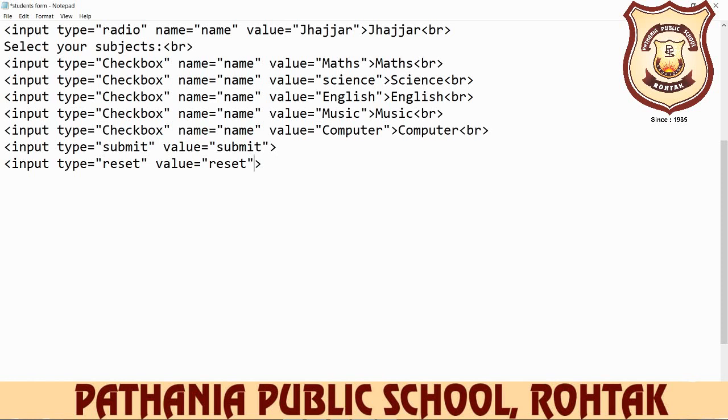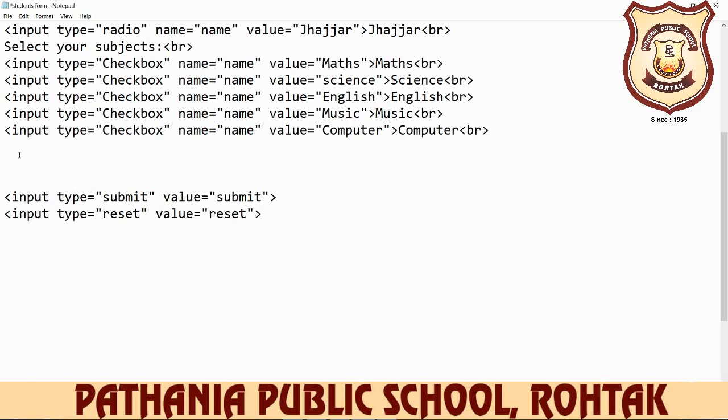Now our next control is the password control. If you want to add a password box in your web page, then you use password. For example, here we add some password. So you just write down input, space, type is equal to, and in inverted commas type is password. But everyone learn this point here. Input is your tag and type is the attribute, and the types, the values, are different.